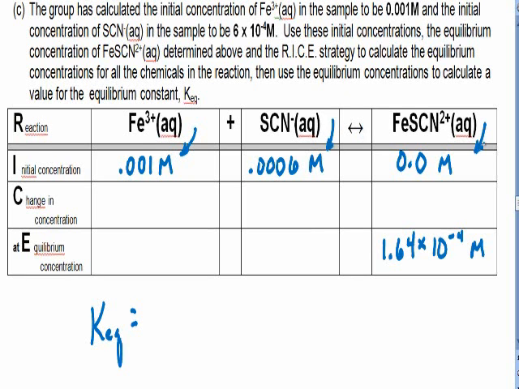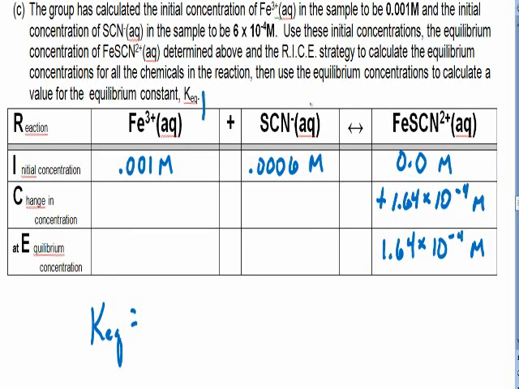Initially, the iron thiocyanate has a concentration of 0. We just determined that the equilibrium concentration using the Beer's law plot is 1.64 times 10 to the negative 4th molar for our equilibrium concentration of the FeSCN 2+ ions. This now allows us to figure out the size of our change, which we can then use to get our equilibrium concentrations. Our FeSCN has gone up by plus 1.64 times 10 to the negative 4th molar,